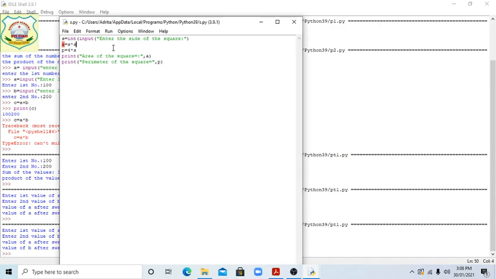So AR equals S multiply S, so S equals int input, we are storing the S multiply S value in A, then P, so A, maybe it is a keyword, but never mind. Clear students?